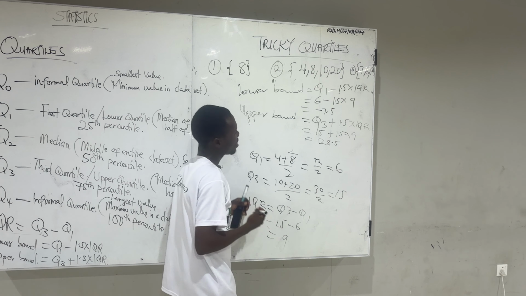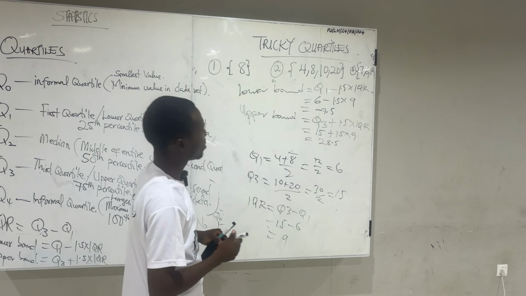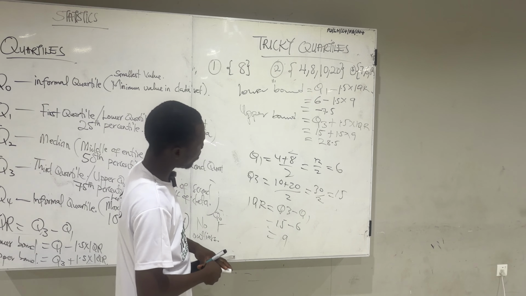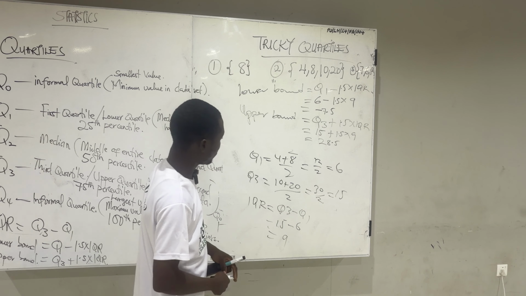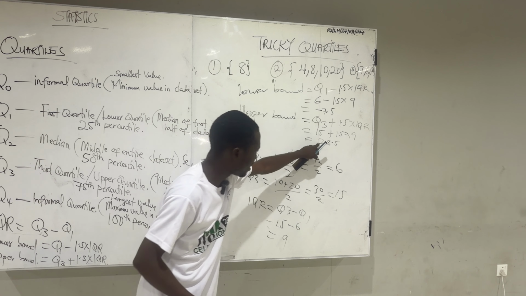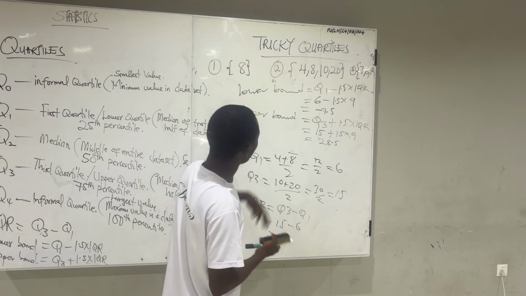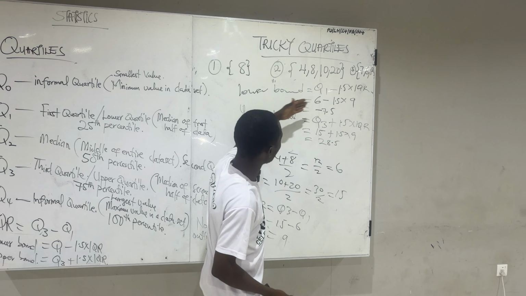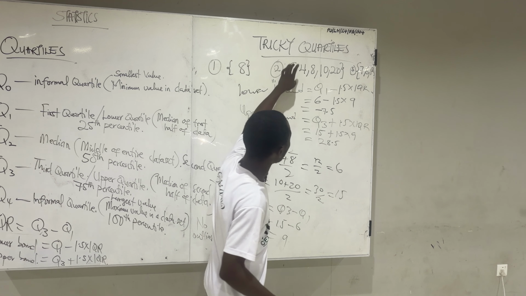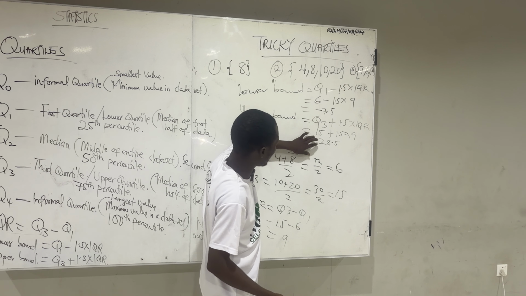28.5. Okay. Now, if you look at the data, we have our lower bound being what? 7.5. And then our upper bound being what? 28.5. Are you getting that way? So now we want to look at whether there's an outlier. You see, this is the data set. If you look at it carefully, you could realize that all the data set falls within what? It falls within the 7.5 and